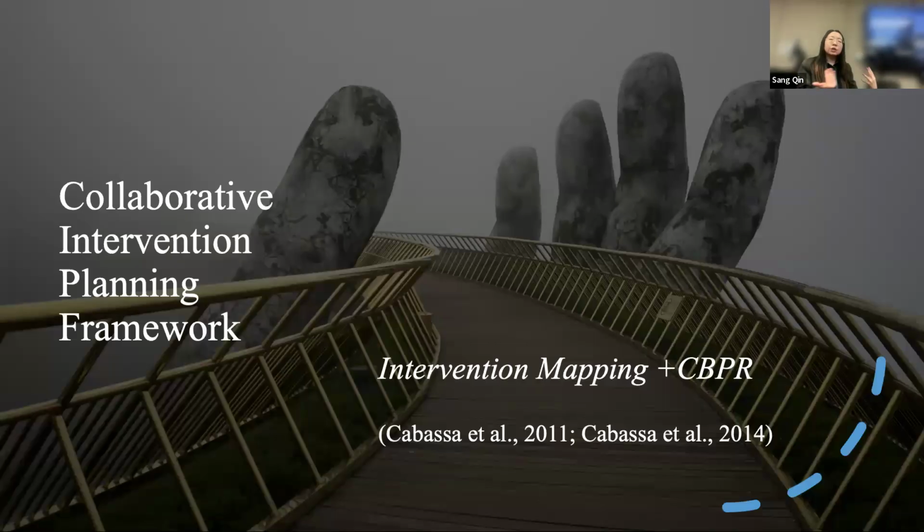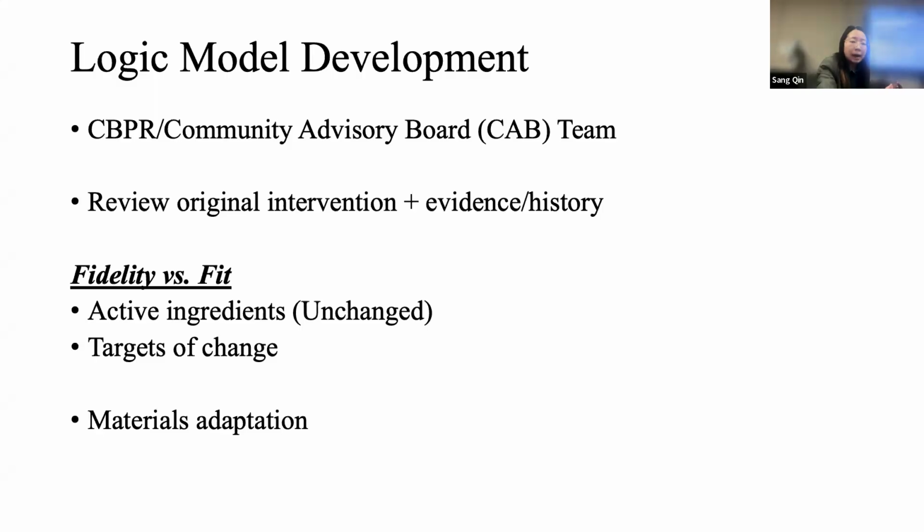I go back to my advisory board, back to my community-based participatory teams, to say this is the intervention we found, or this is a potential solution to the issue we identified in the previous stage. Then we need to do a co-design, or a development of this intervention. And for this model, they walk through very systematically. So how do we do it?